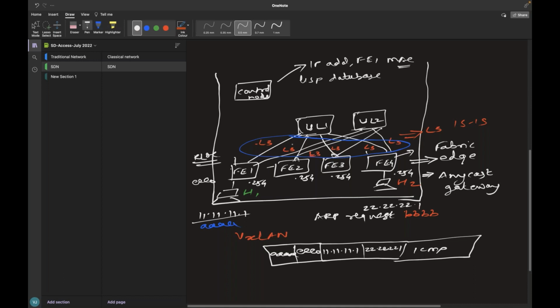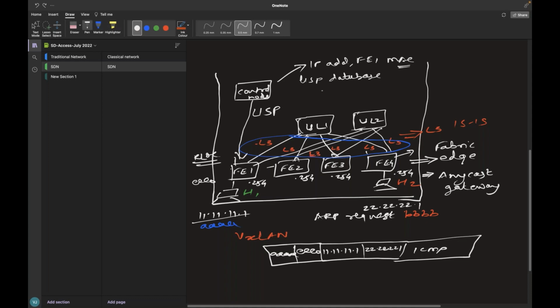And this information, that 22.22.22.1 is behind Fabric Edge 4, is given by the control node via something called LISP, as a control plane protocol used between the control node and all fabric edges, as well as the border node.